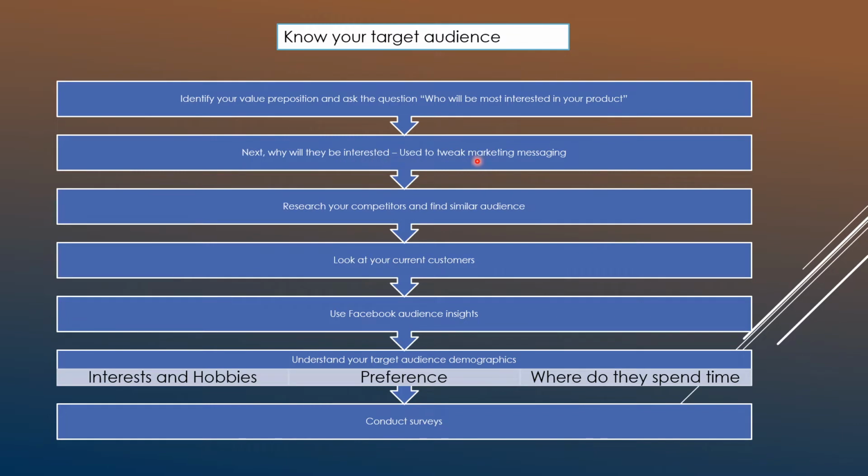And this will be important to tweak your marketing messaging, not just on your product page, but also on your Facebook ad, Google ad, to make sure that you use the right kind of messaging, which will act like a hook to grab your audience's attention. And then finally, you research your competitors and find similar audiences. You need to know whether there are other brands or e-commerce stores selling similar types of products. Once you know that, you will be able to figure out whether you need to become creative in terms of your offers, in terms of your pricing, or whether you need to provide something value added to beat your competition.